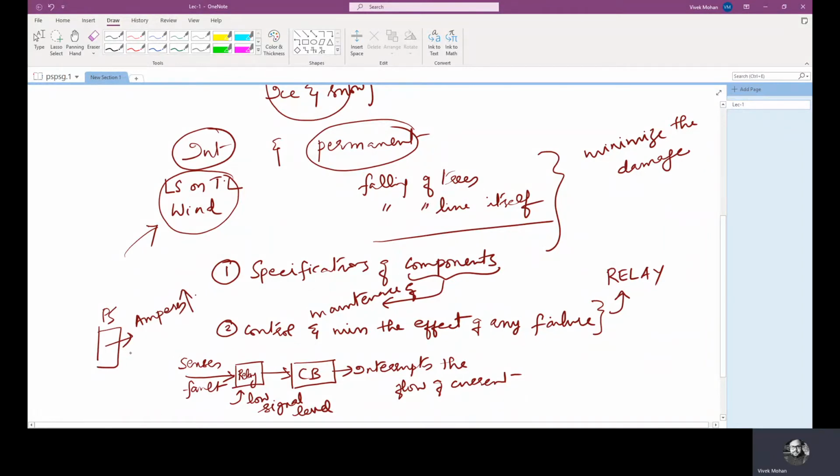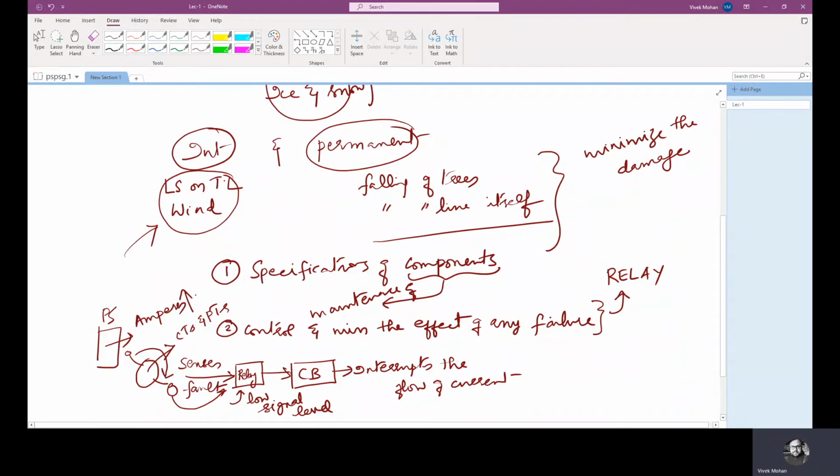So this is sensed, and through some equipment the signal level is reduced to a lower level, and at that signal level only the relay is operated. Here comes the role of CTs and PTs, current transformers and potential transformers. Basically the step down of current and step down of voltage,